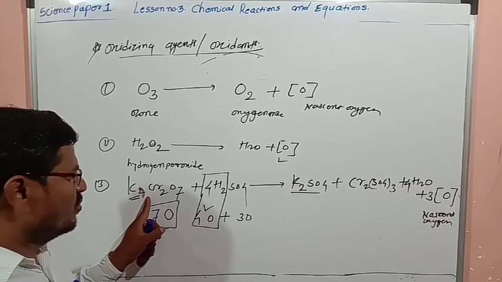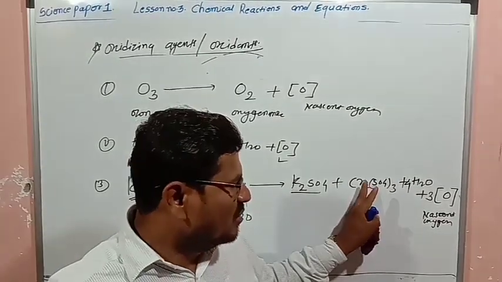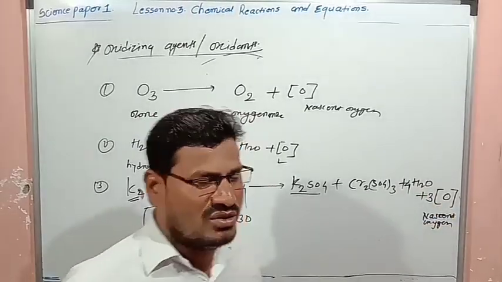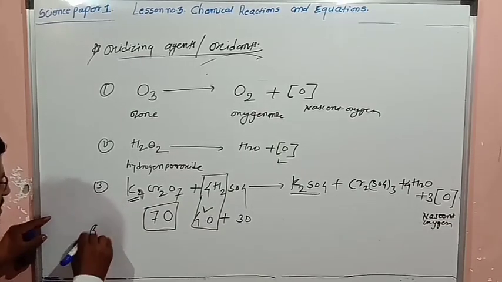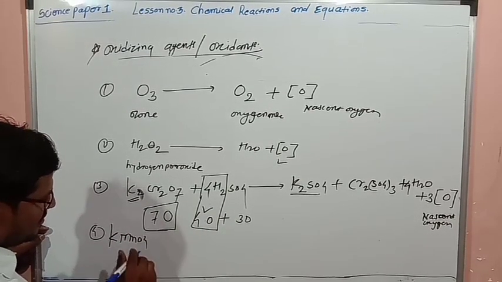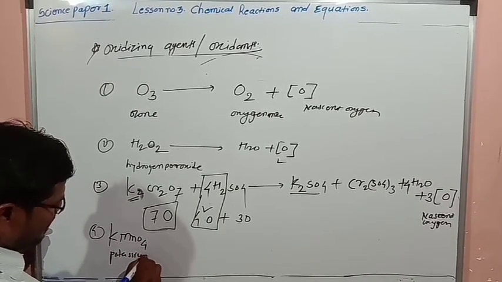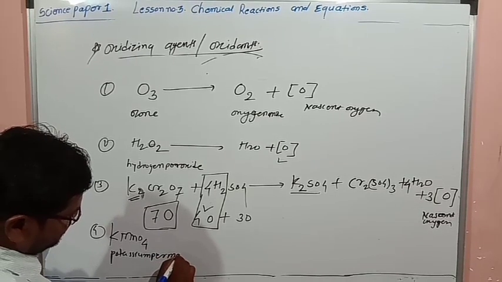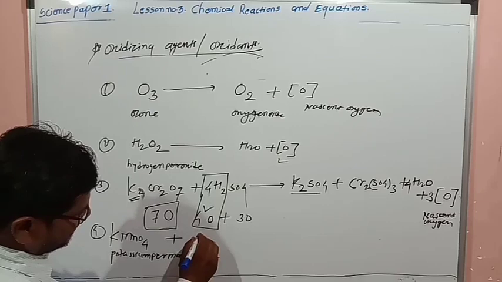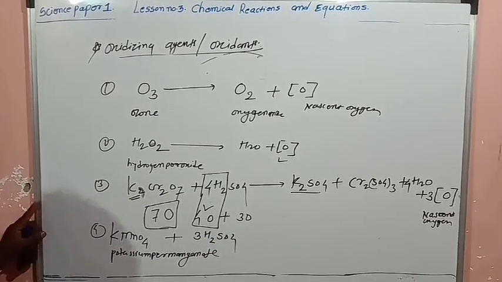So potassium dichromate, sulfuric acid, potassium sulfate, chromium sulfate, H2 molecule and nascent oxygen. Now the fourth one is KMnO4, potassium permanganate. Potassium permanganate plus 3 H2SO4 molecules, and it will give